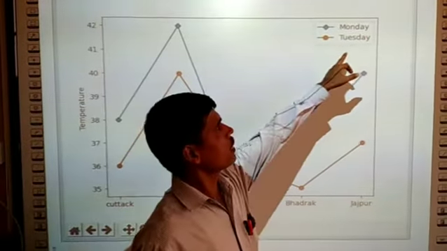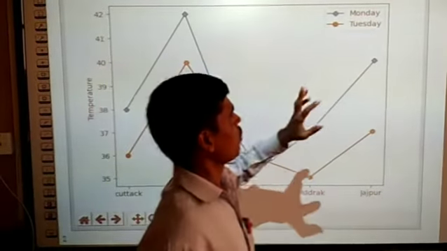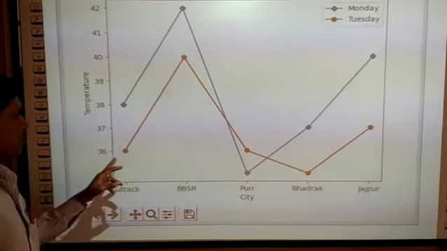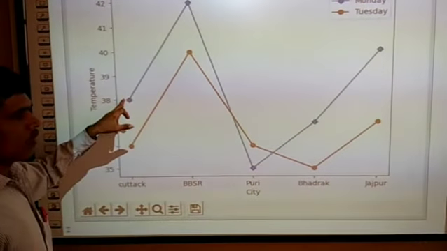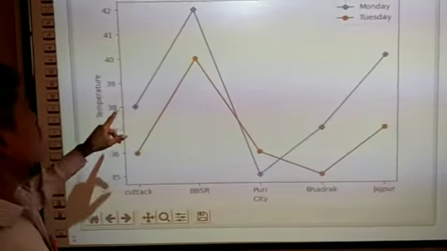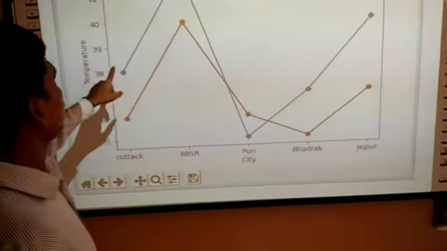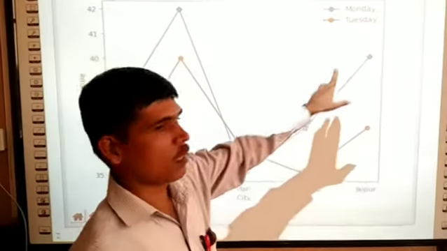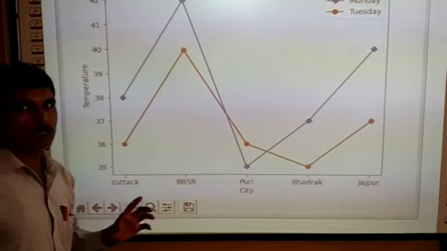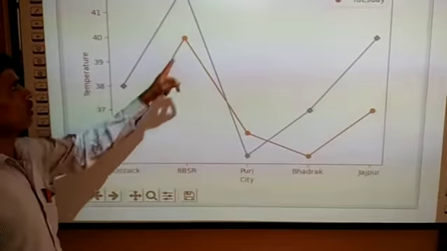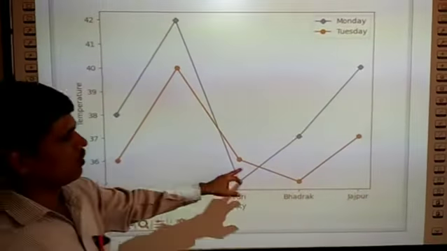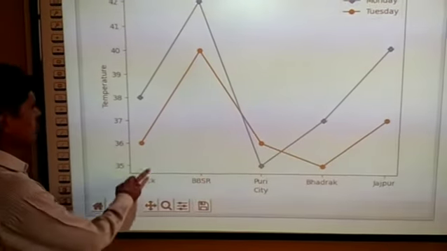This yellow line stands for Tuesday and the blue line stands for Monday. Okay, see the lines are drawn here. Now, see the markers here. Diamond is there because for temperature on Monday we have set the marker as D. D for diamond. See here: diamond, diamond, diamond, diamond, diamond. It will draw a diamond pattern. If we use O, O stands for oval. See, temperature on Tuesday, the marker is oval. So this is the output of your chart.